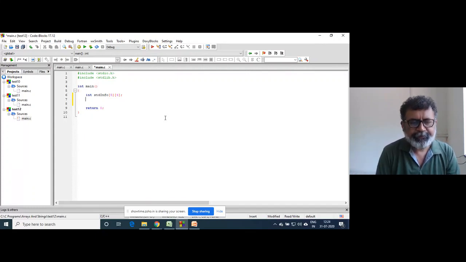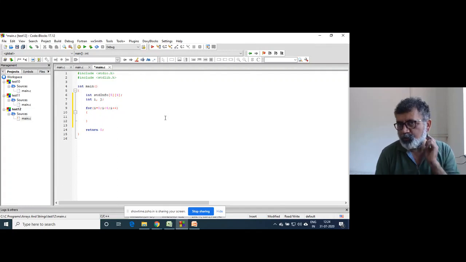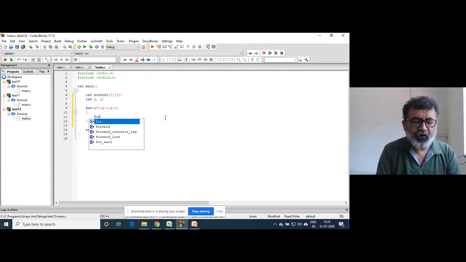So how can we write: int I, j; for I equal to 0, I less than or equal to 4, I plus plus. This outside loop is for the row, and for each row we are going to take a lot of things.